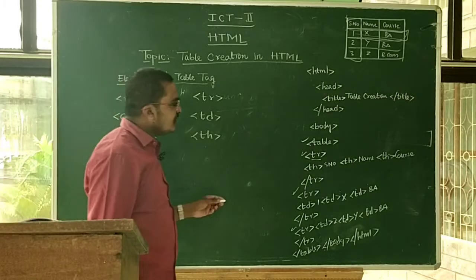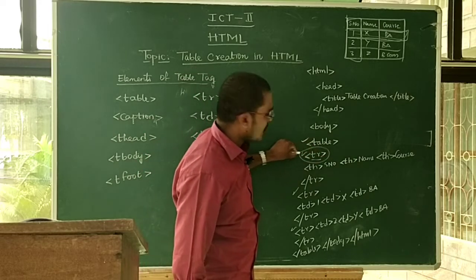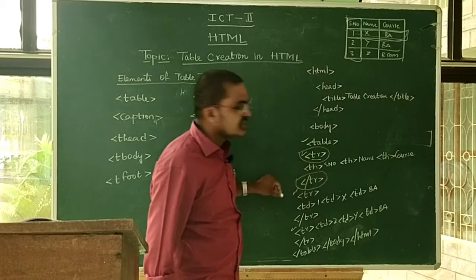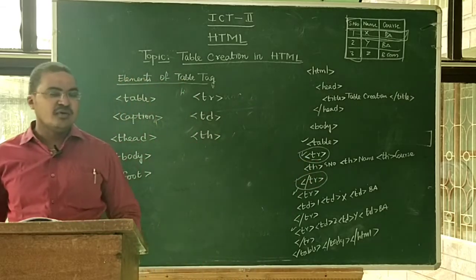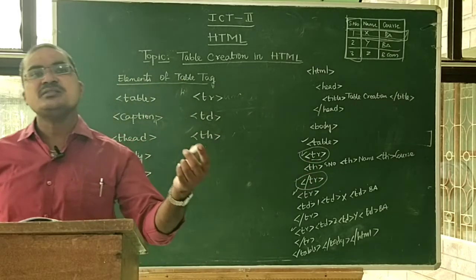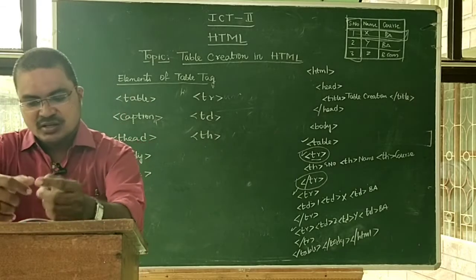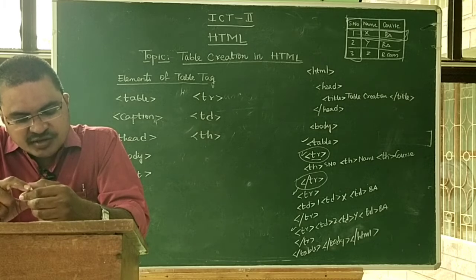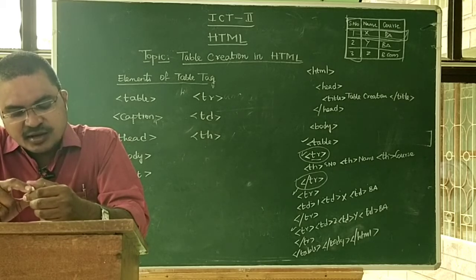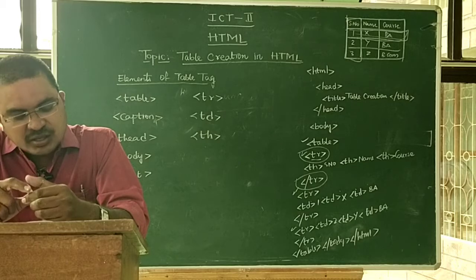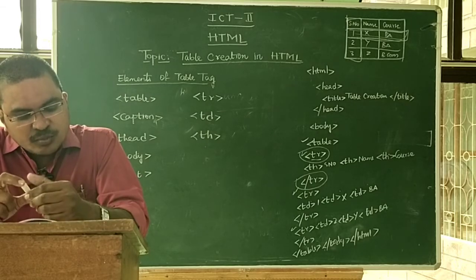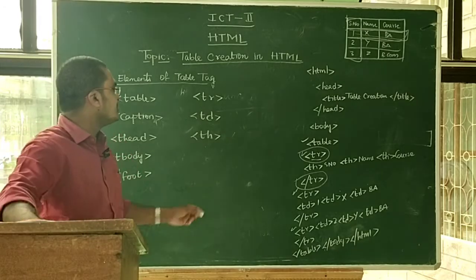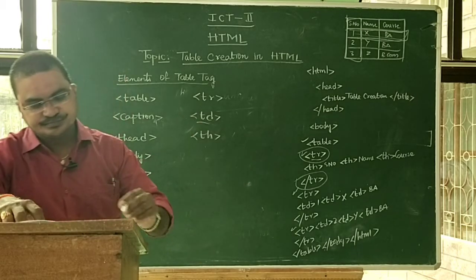If you want to start a new row, then we use the TR tag, the opening TR tag. When the row ends, immediately use the closing TR tag. This will decide when the row begins and when the row ends. Table columns are also considered child elements of HTML tables, and like table rows, an HTML table may contain an infinite number of table data cells. And the next one, table cells, is called TD.